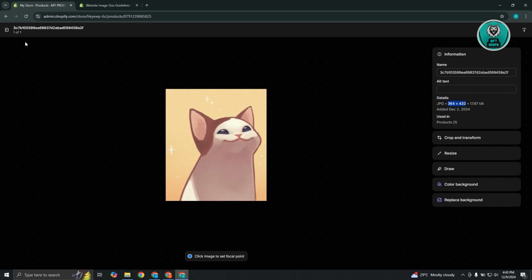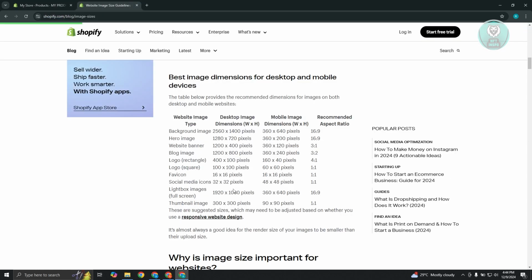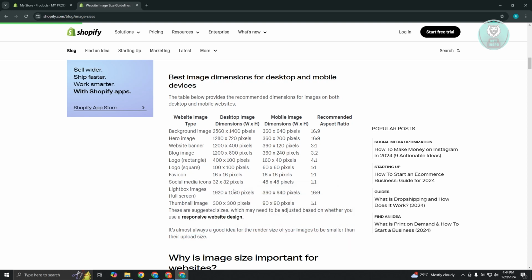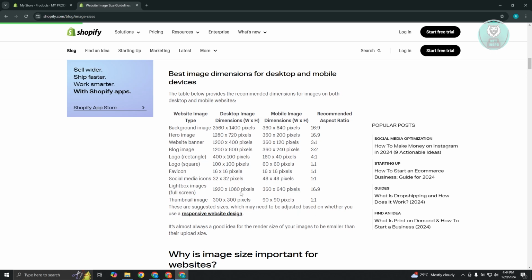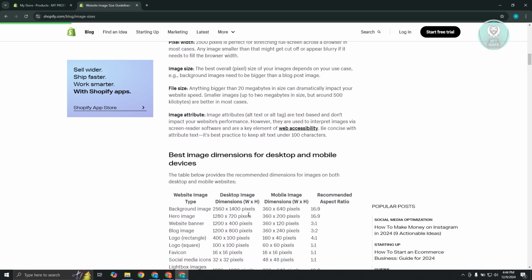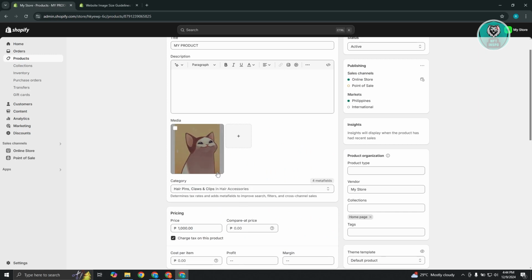But if you're not aware yet, you should also follow some dimension guidelines directly from Shopify themselves to improve how your website loads up, or the visual stability. This is directly from Shopify. This is a blog from them, which discusses the image sizes recommended for certain elements, like background images, hero images, website banners, favicons, social media icons, and a lot more. You should adhere to the sizes that they recommend here, because adding too big of a file as an image for your store can slow down your website,